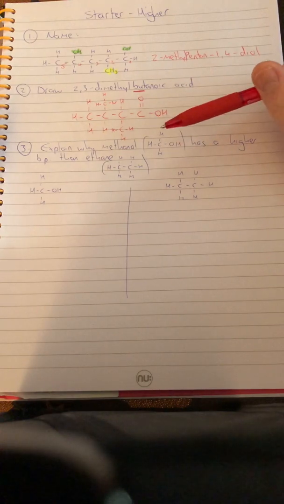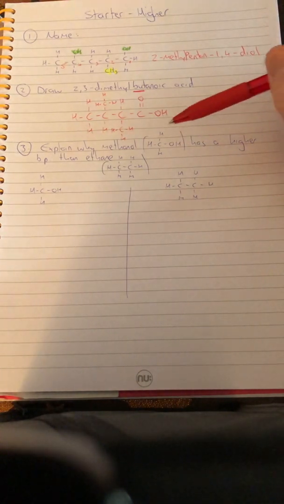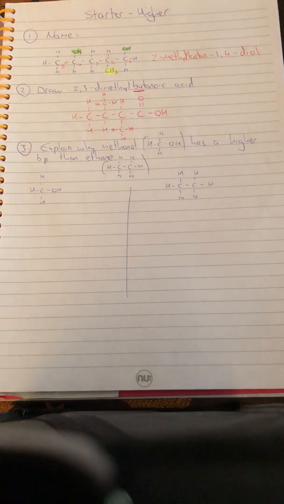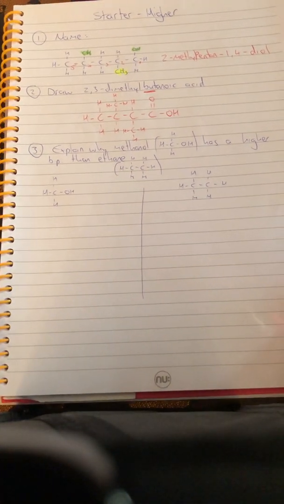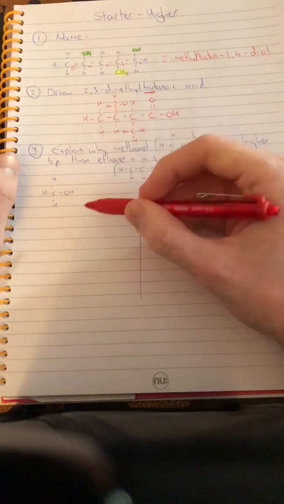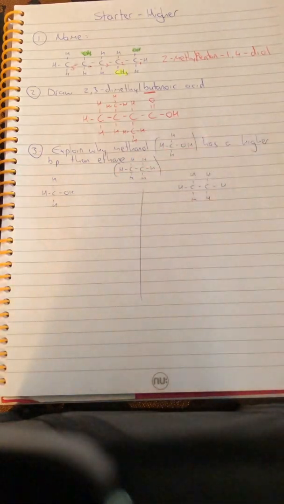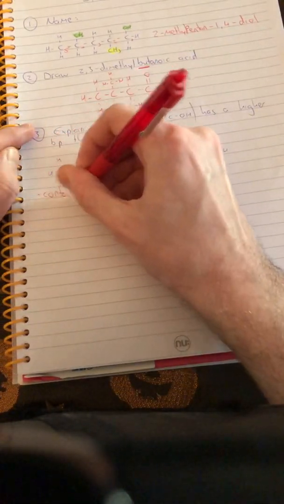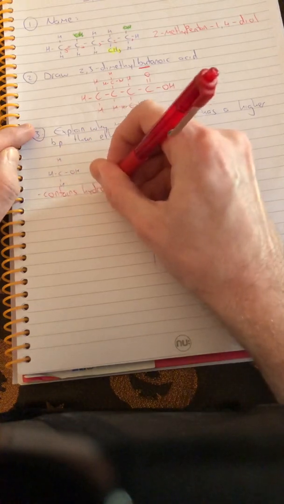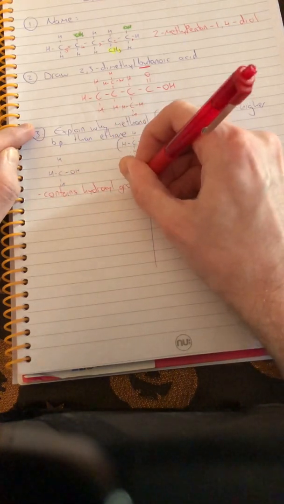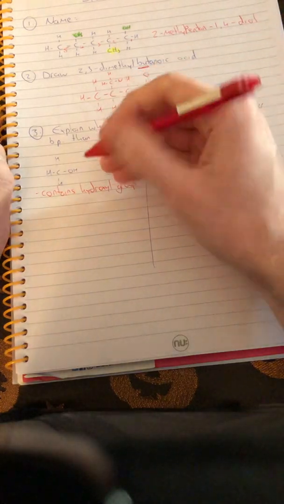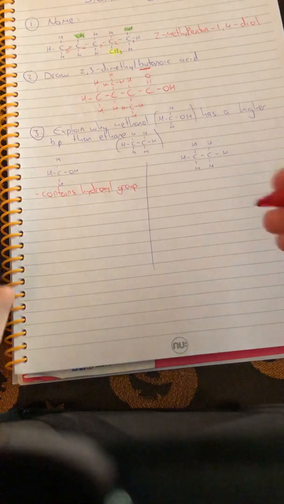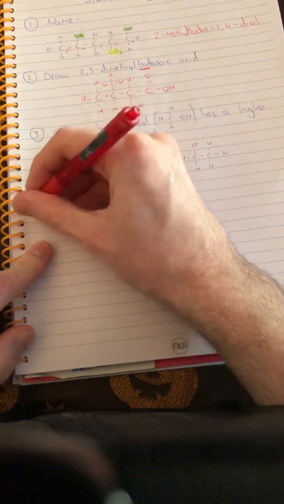Now this one here, explain why methanol has a higher boiling point than ethane. Now remember what I said when we did bonding, what feels like years ago. It's got a functional group, so you have to name that functional group. Okay, so we would write contains hydroxyl group. Okay, so that's so important that you're naming that functional group. So it contains the hydroxyl group,